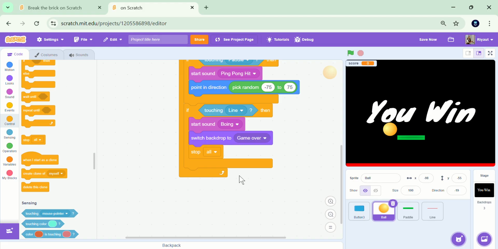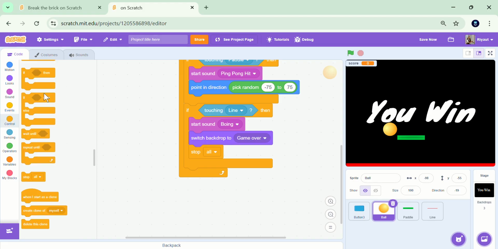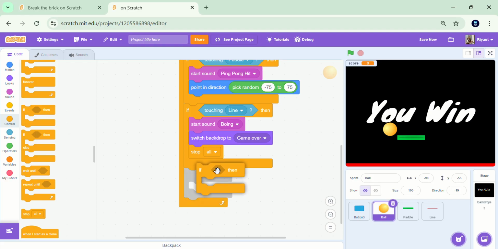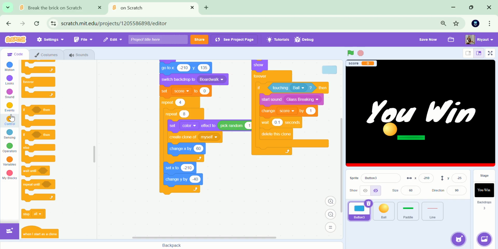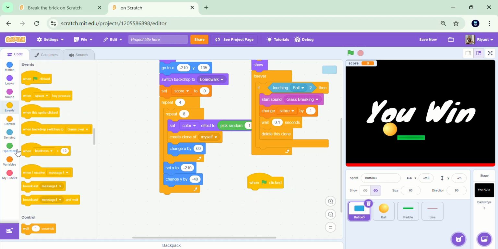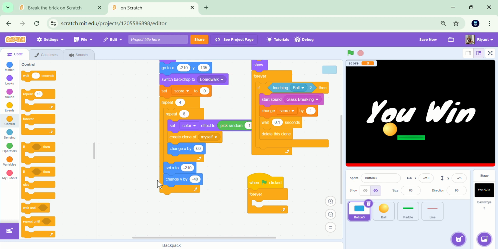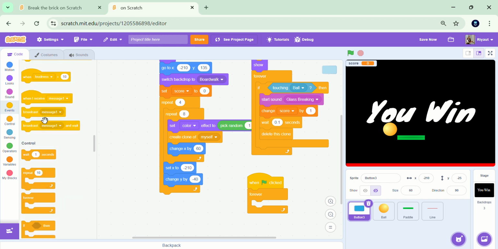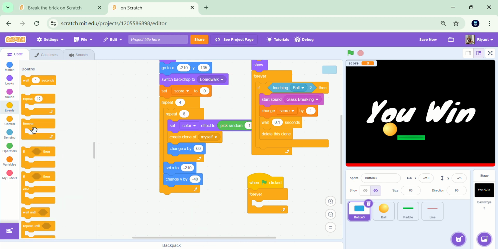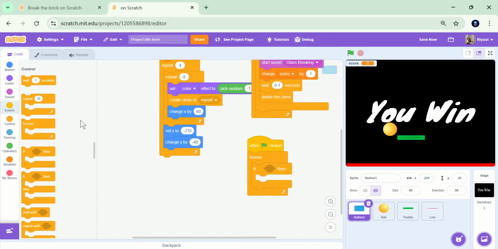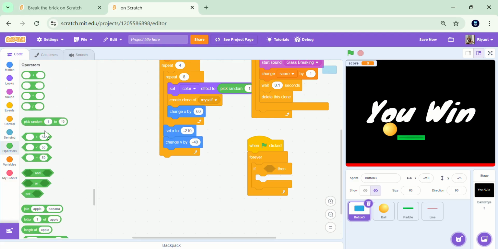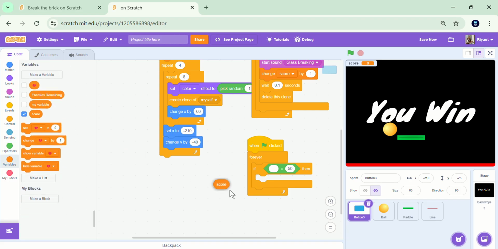One more condition we can put here. If the score equal to, okay, we can put it over there itself. Okay, in the button, I'm putting one more code. When green flag is clicked, forever. If the score value reaches 32, we have 32 bricks, right? So if the score value equal to 32, I want to make use of the equal to operator. Going to variable, if score value equal to 32,